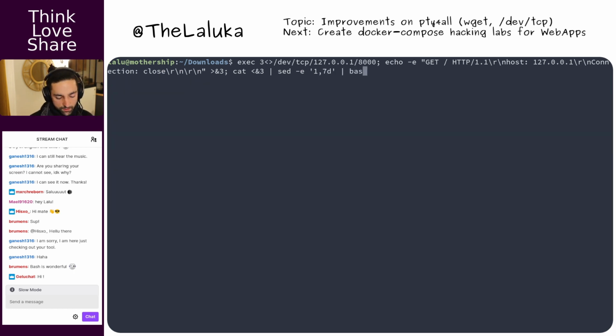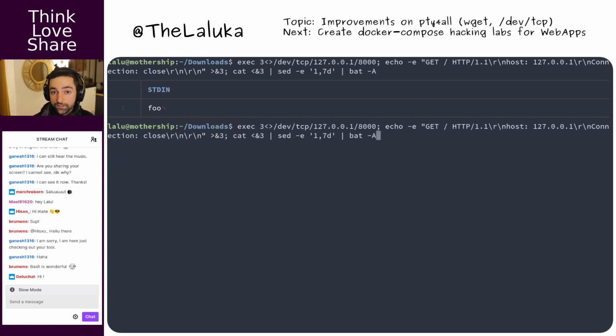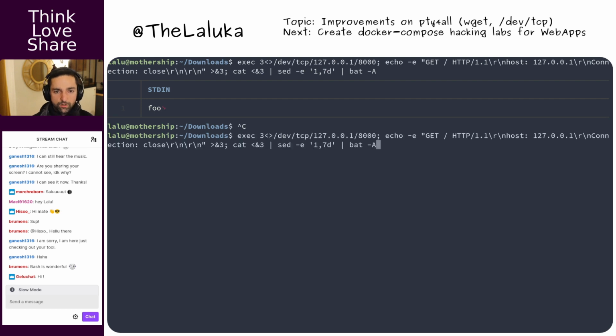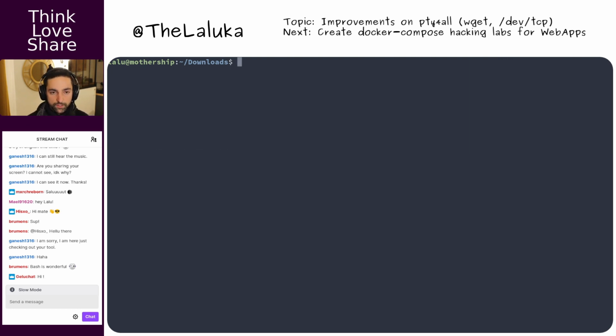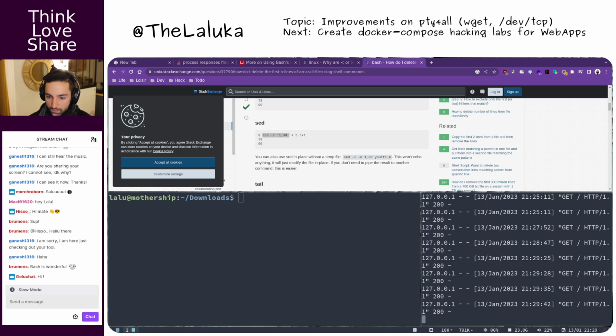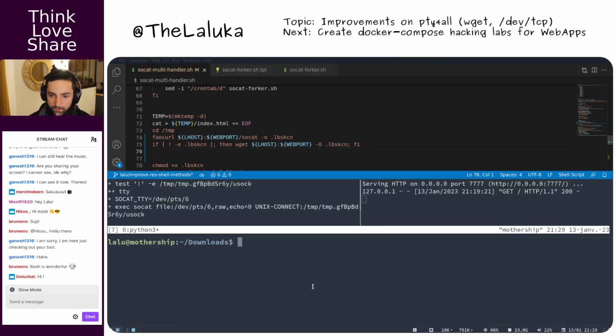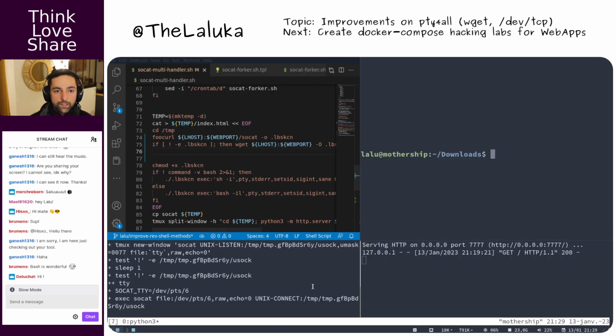And I'll still display that into the bat tool just to be sure the content has been left untouched, and it is. We'll check for more complex examples. But here, let's get rid of this server, and in there.